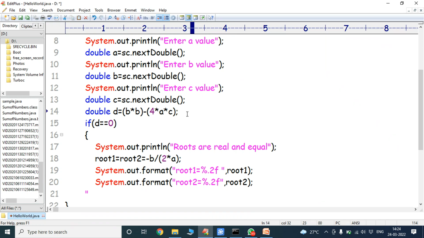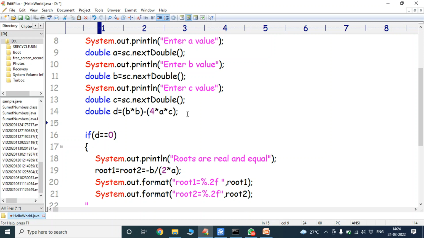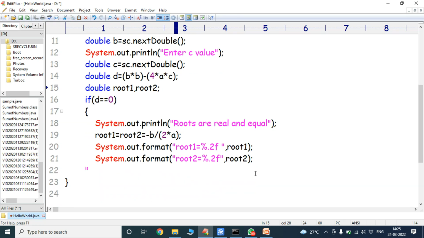Next, here we have to declare double root1, root2; Next, suppose the condition d equal to 0 is false, then we can go for else if